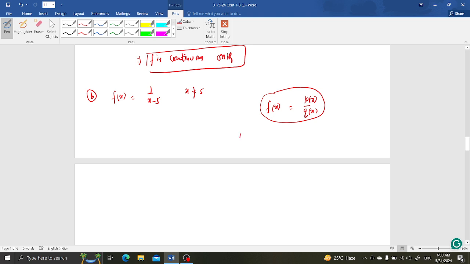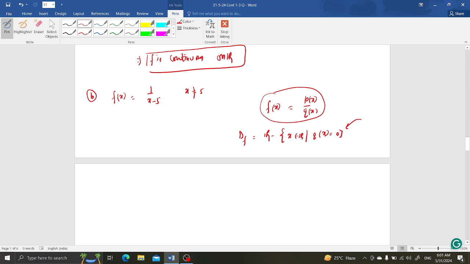The domain for this function is the real numbers minus all those points for which q(x) is 0. This is the domain. And if the domain is not specified, the examiner itself is not giving anything,